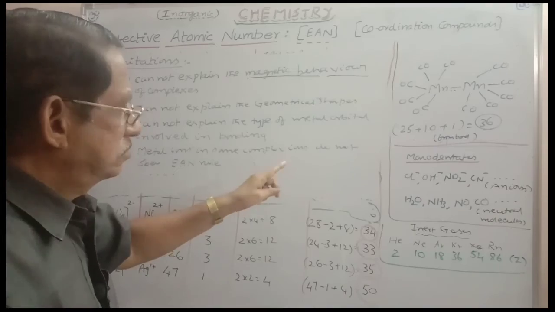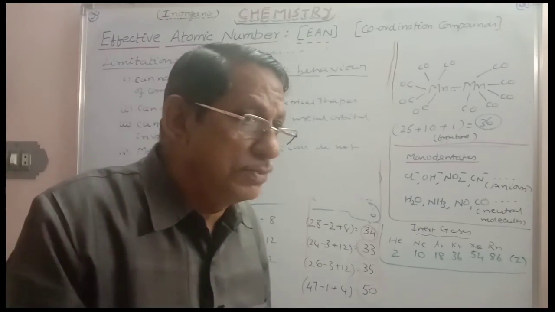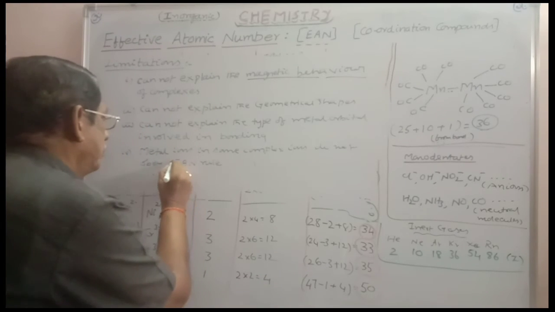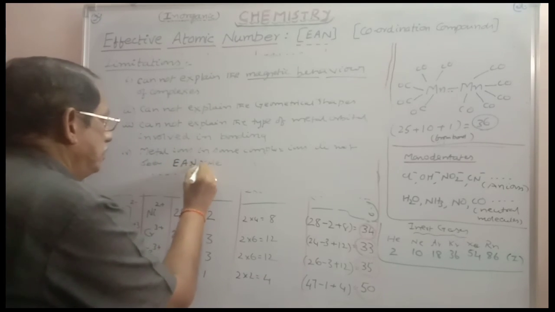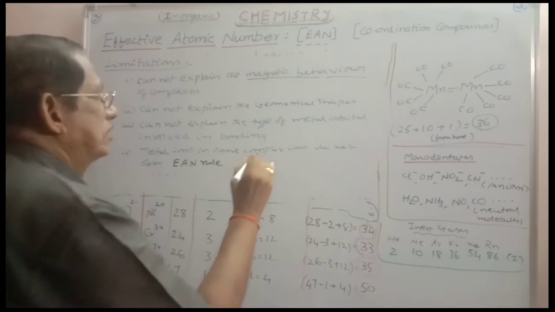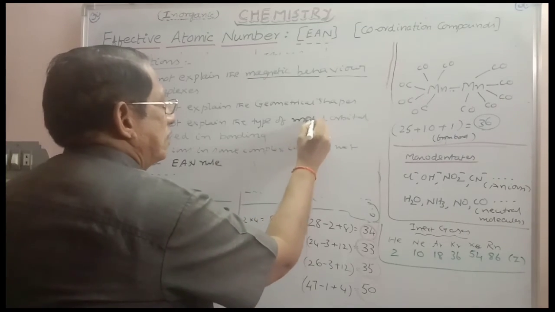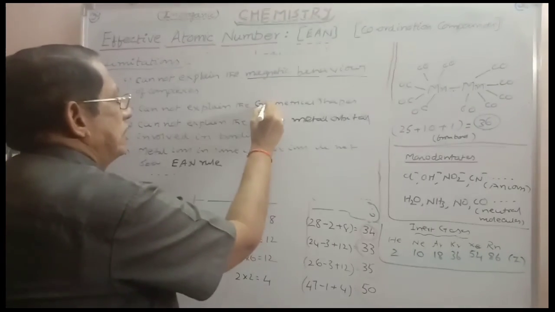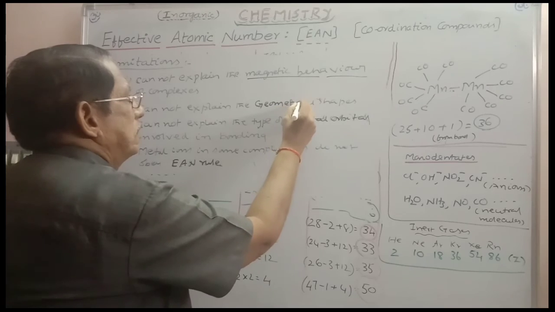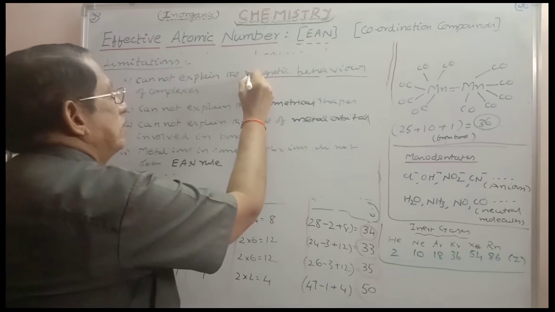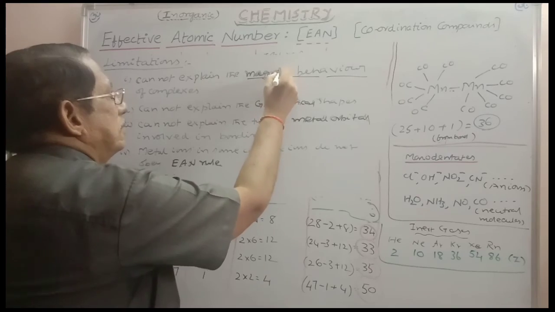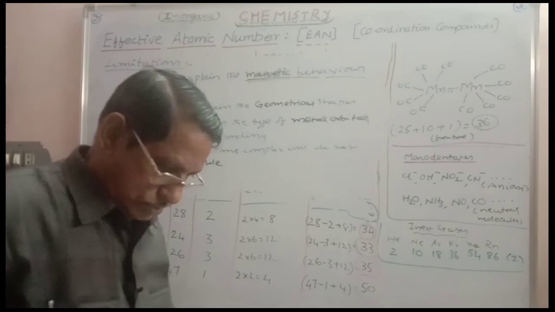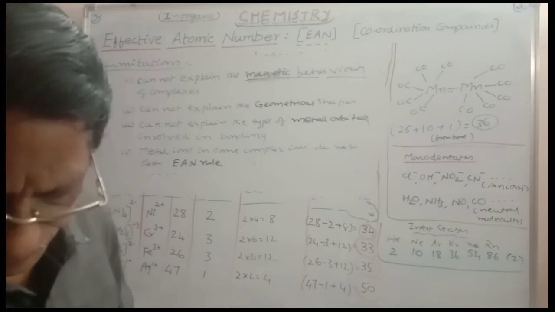Okay. Similarly, some metal ions in the complex ions, they are not obeying the rule, effective atomic number rule. EAN rule is not applicable here. Why is it so? What is the type of the metal orbital that is present here? That is not explained. Geometrical shapes are also not explained. Magnetic behavior is also not explained. So in this way, all these are defects. So these are some of the defects of Sidgwick's theory.